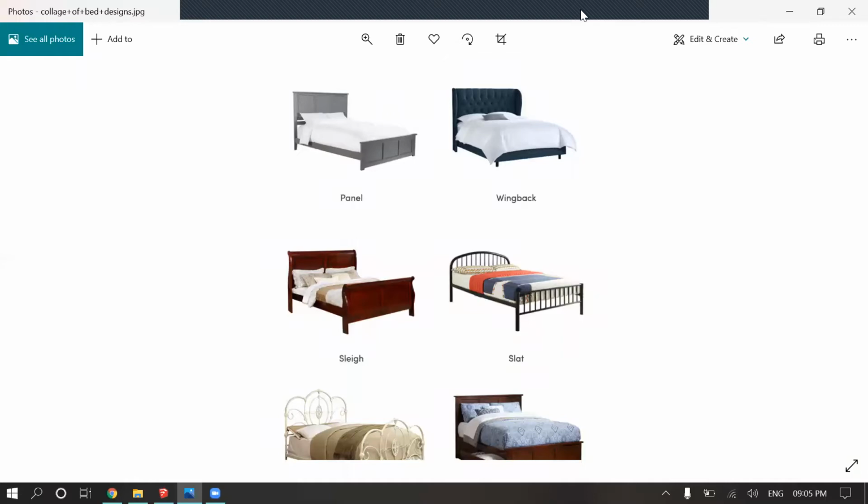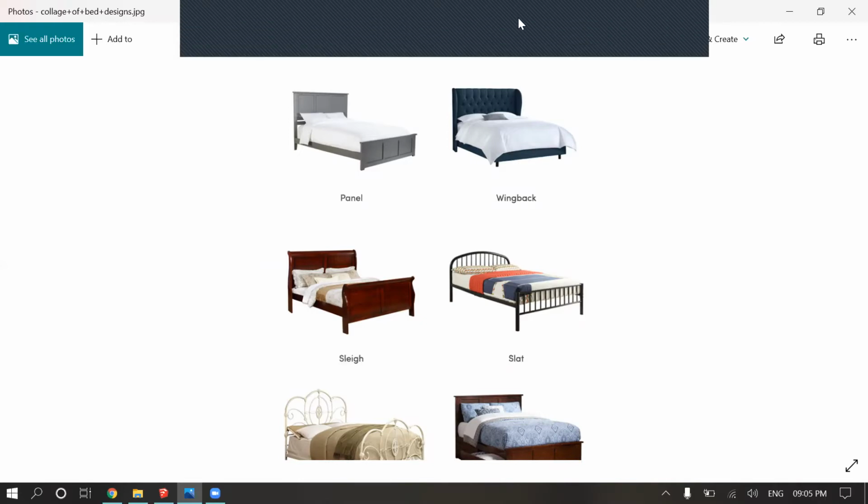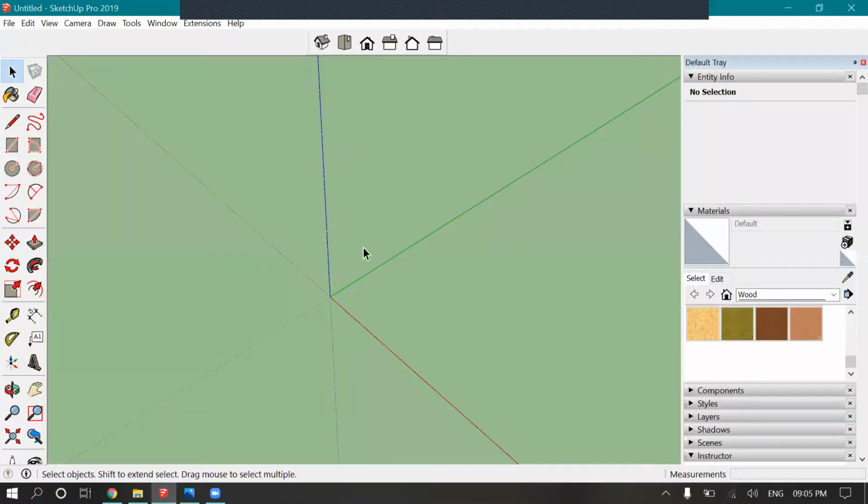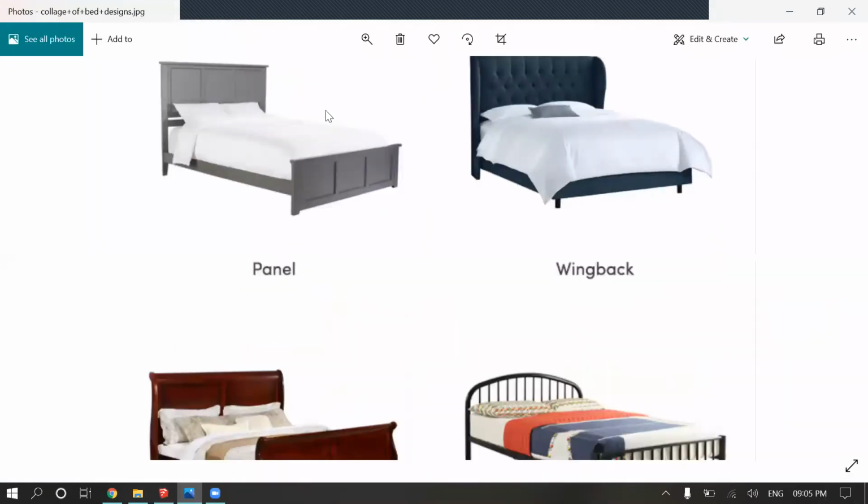To get the standard dimensions, you need to search the net, or one thing you guys can do is buy a 3-meter tape. That's a small tape. Obviously you will face some sort of problem with the dimensions. So you can measure the furniture in your own house, and you can just draw it. This small tape can help you in many ways.